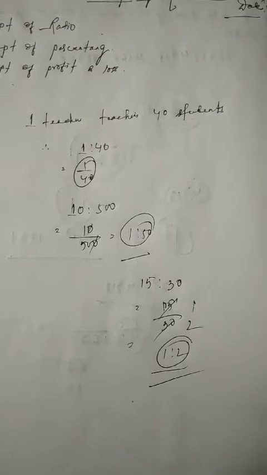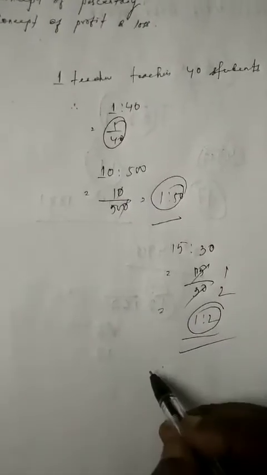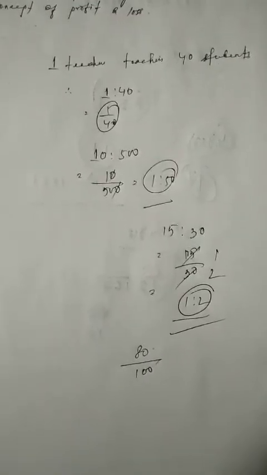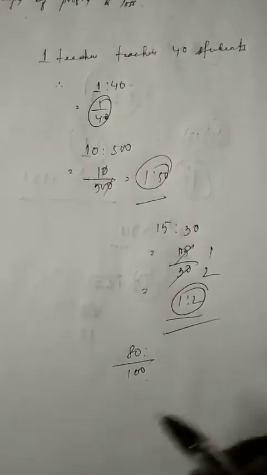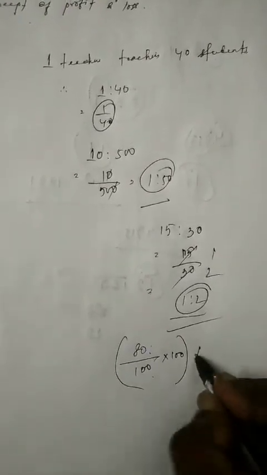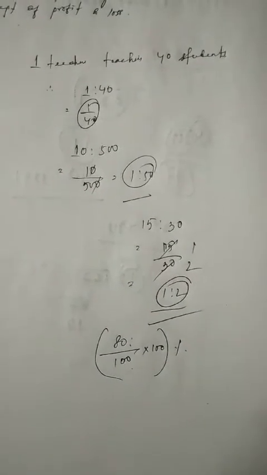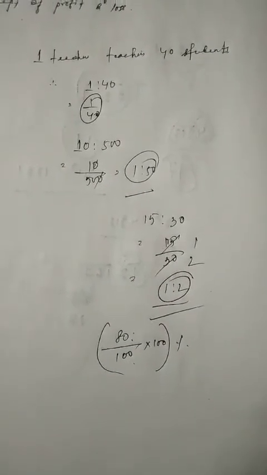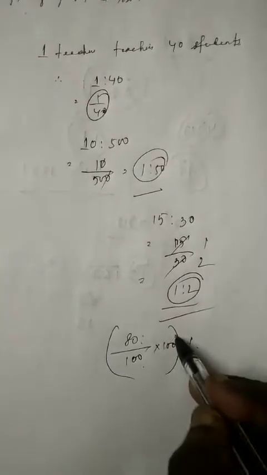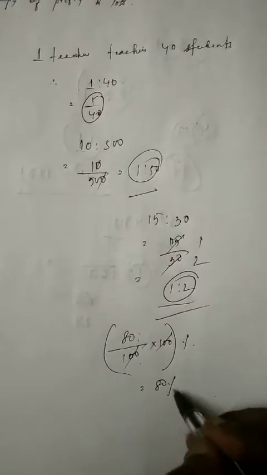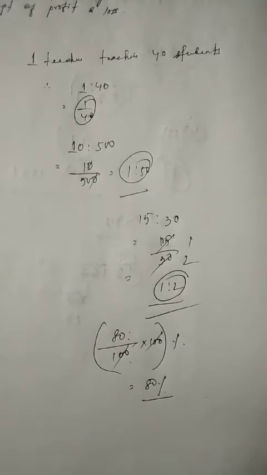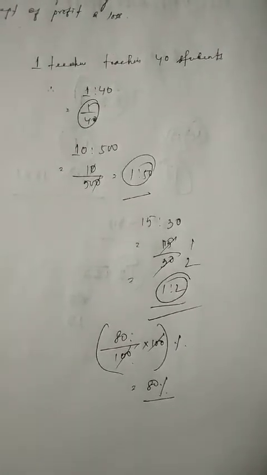In that case, we will simply find 80 by 100, because the exam was conducted out of 100. So I'll write 80 by 100, and in order to convert it into percentage, we simply multiply with 100 and put a percentage sign outside. Make sure that whenever we convert values into percentage, we use a percentage sign outside of the bracket. 100 and 100 are going to be cancelled. 80%, the child has secured 80%. It might be a bit confusing because I have conducted the test out of 100.